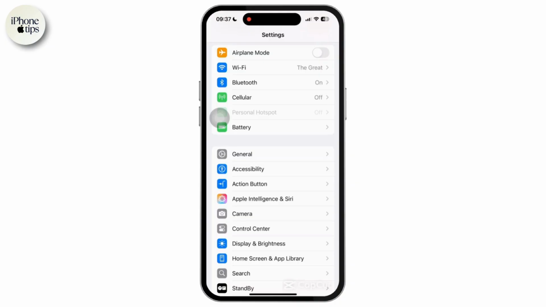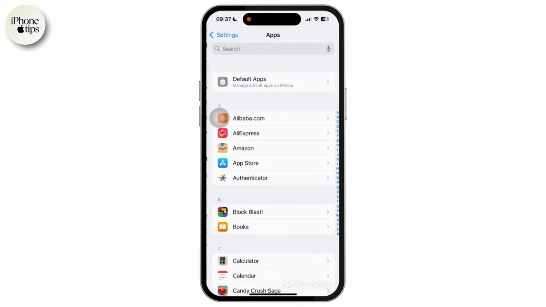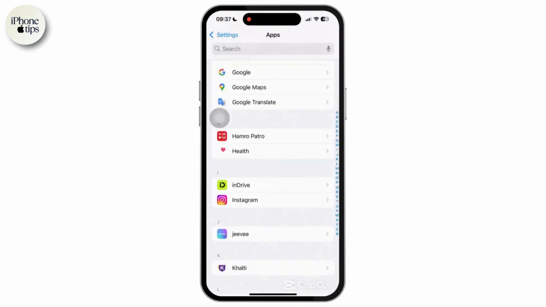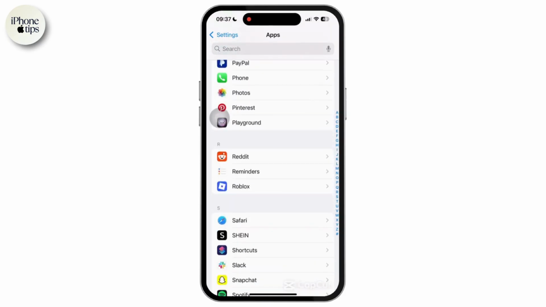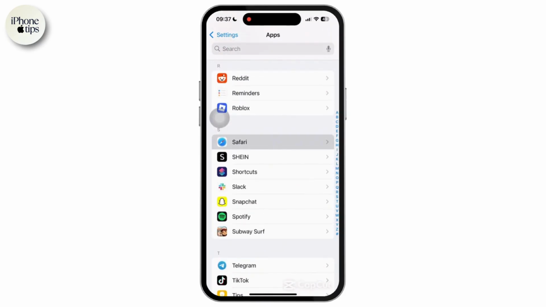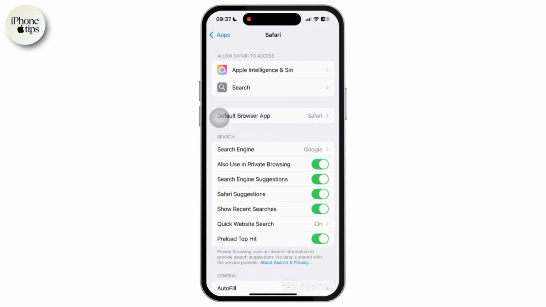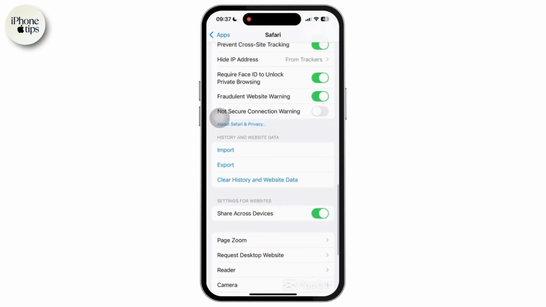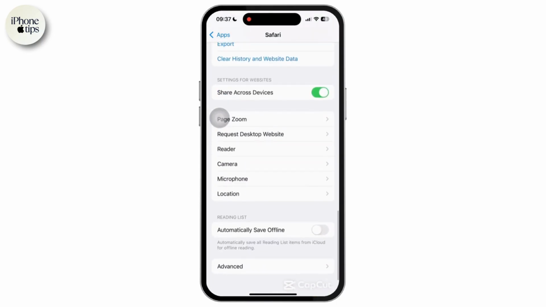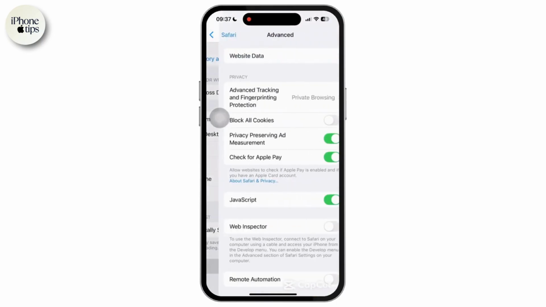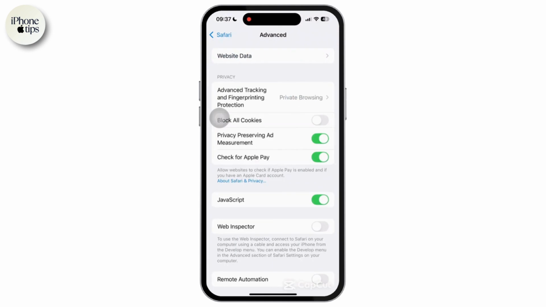Once in there, scroll down till the bottom and tap on the Apps option available there. Then again scroll and look for Safari and simply tap on it. Inside Safari, all you have to do is scroll down till the bottom and tap on the Advanced option available there. Inside Advanced, simply tap on Website Data,